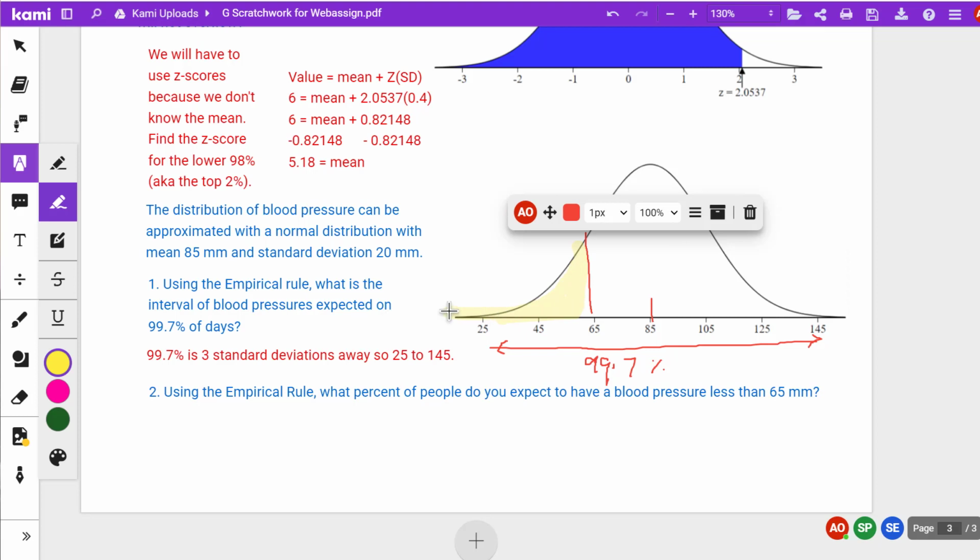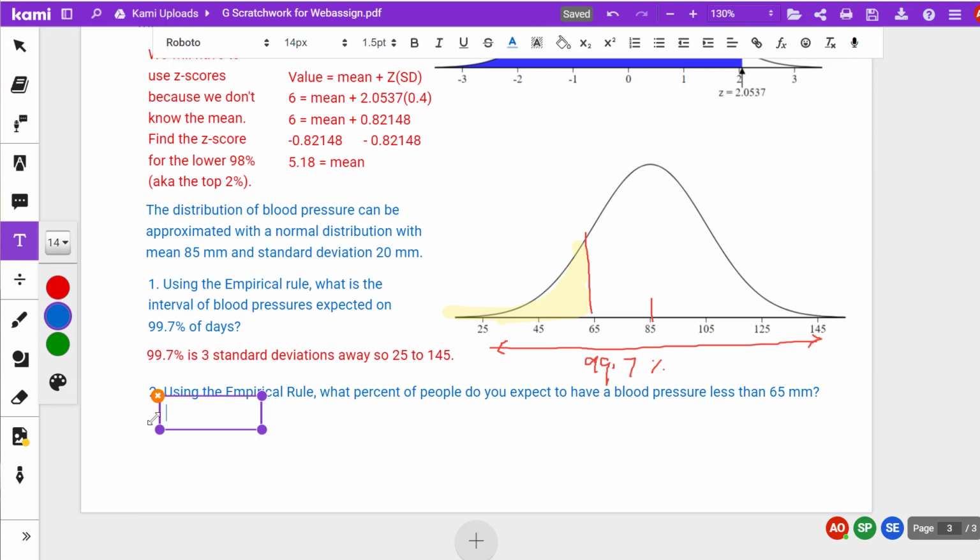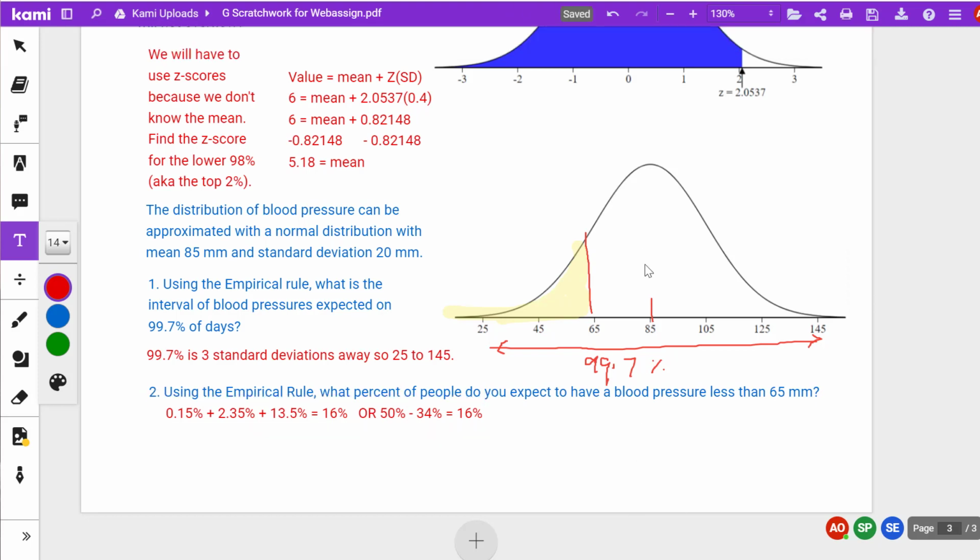I'm going to do a shortcut. Actually I have these memorized, so it doesn't matter. You would basically say that first slice, if you were doing the empirical rule, is that 0.15% slice plus that 2.35% slice plus that 13.5% slice, which is 16%. Or you could do 50% minus a 34% slice, and guess what? You get 16%. You're probably going, how'd you get that, Mrs. Overman? Well, I know right here is a halfway point, and if I subtract that 34 that's in there,